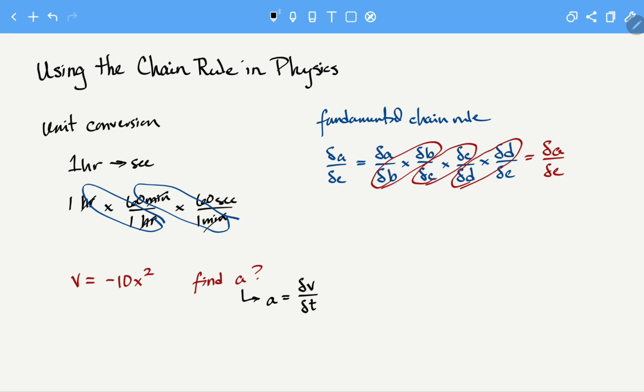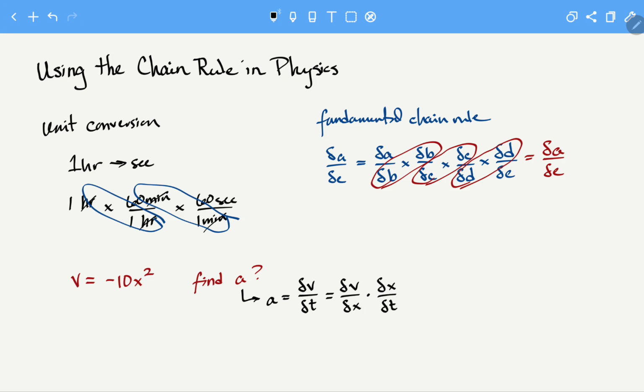Now if we apply the chain rule to this concept, we can start changing it. We can rip this apart and say that's dv dx times dx